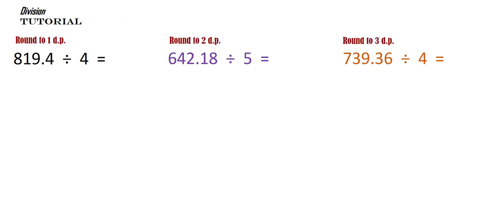So we're going to go through these problems and solve them, and we're also going to round. We're going to be rounding to 1 decimal place, 2 decimal places, and 3 decimal places. So first thing to do is to rewrite these problems into a format where we can actually work out the final solution. So let's get on with that. So it should be